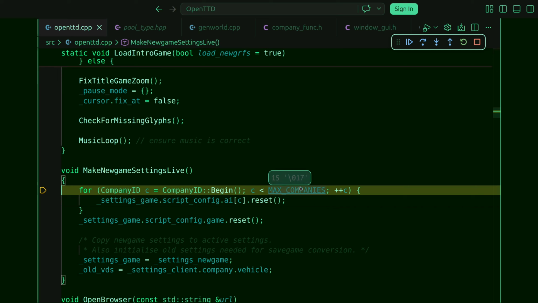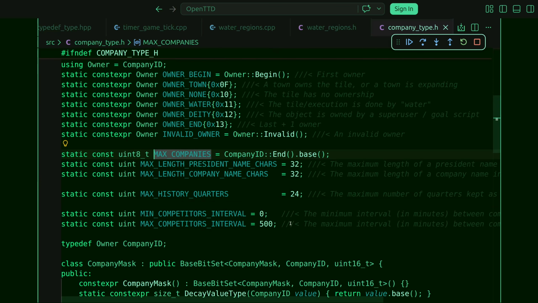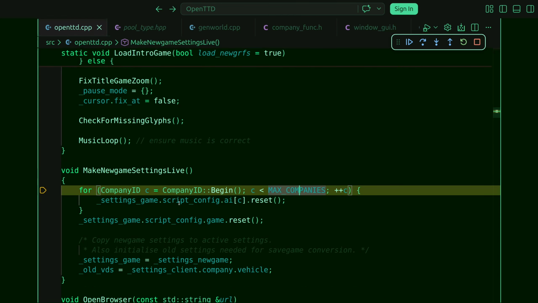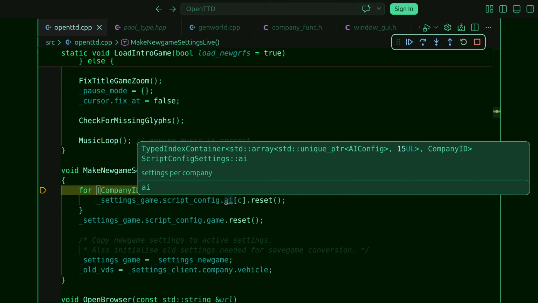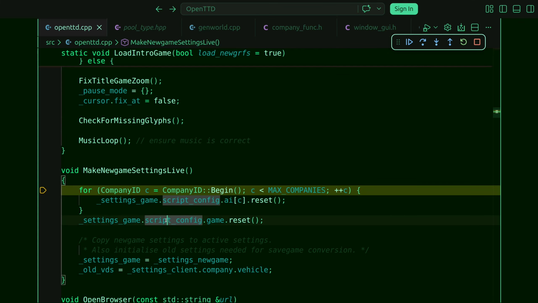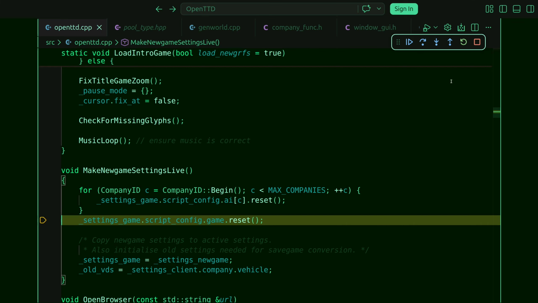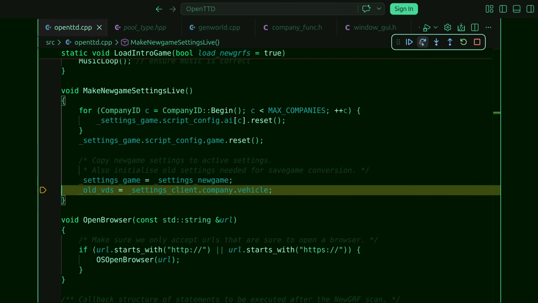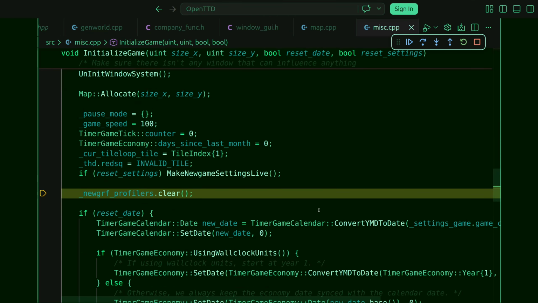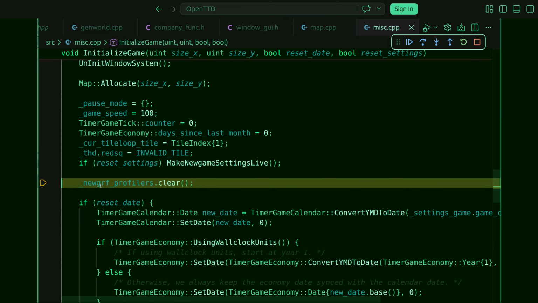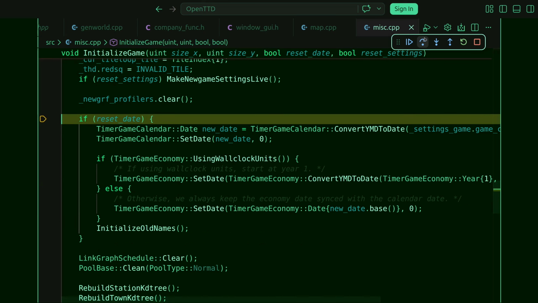Okay, it seems like we can have some kind of max companies, like 16, I guess so. And for each there's a script config. It's being reset here. Okay, so we don't need to be there. And then we have the settings game. I can go through, and then we have new GFR profilers. This is empty, so skip that. Reset date,